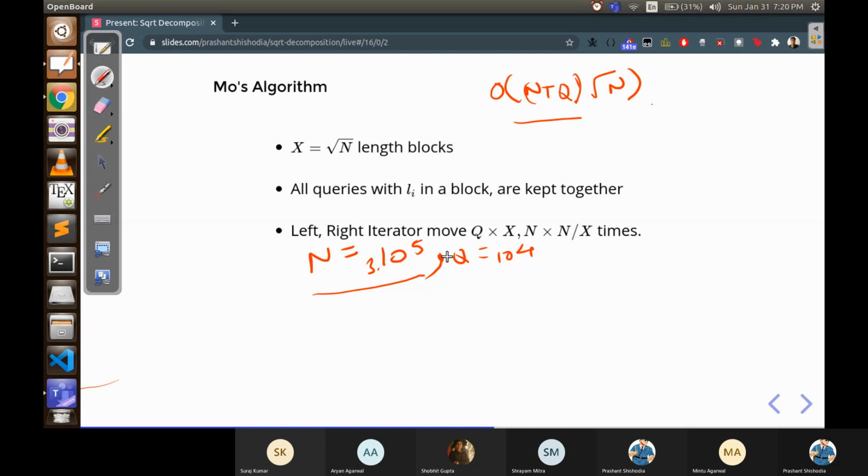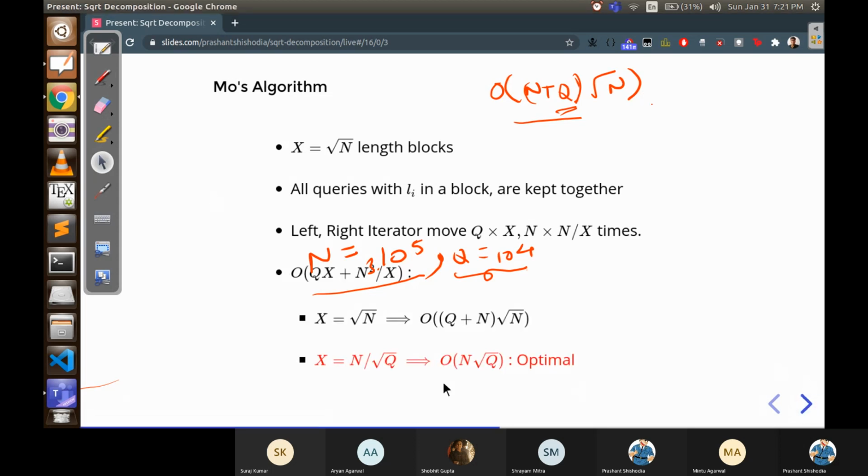Because even if they assume that you are supposed to solve the queries by using a 2D segment tree or whatever, the queries are so high overhead, so they ask you a lesser number of queries. But then you'll have to realize the fact that it doesn't change. The time complexity is the same. It's independent of the number of queries. If the queries are less, you don't get any benefit here.